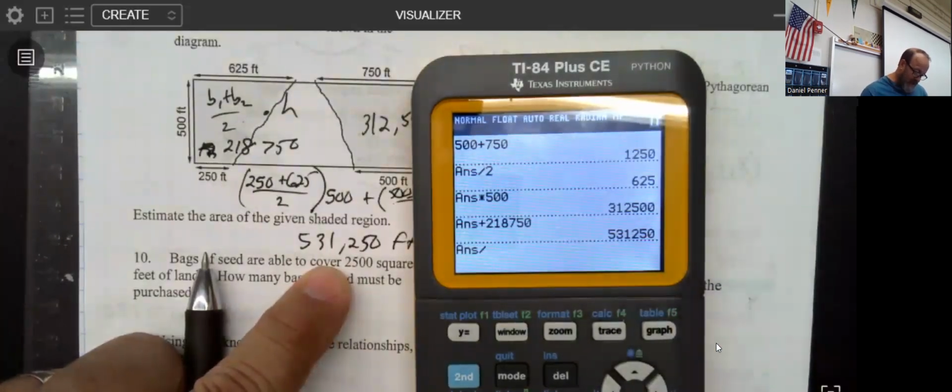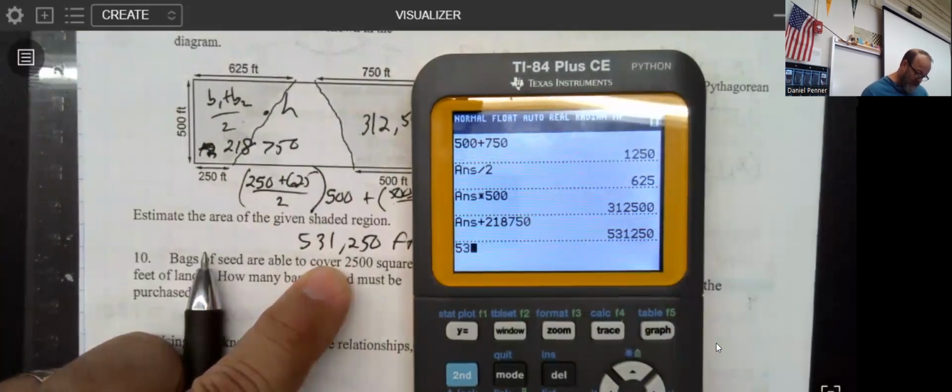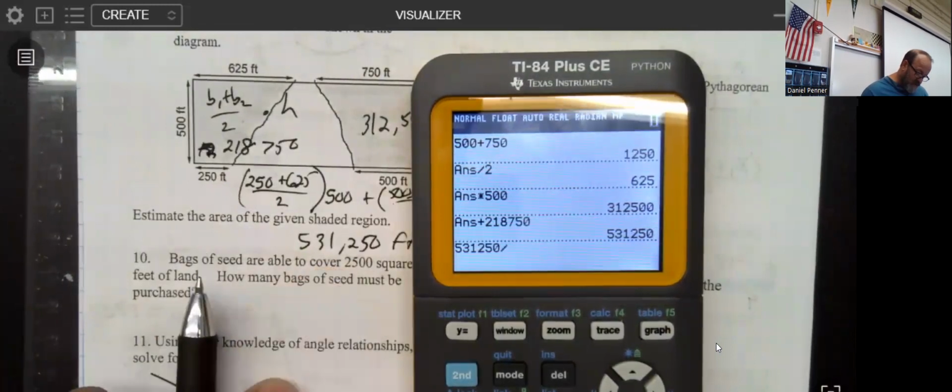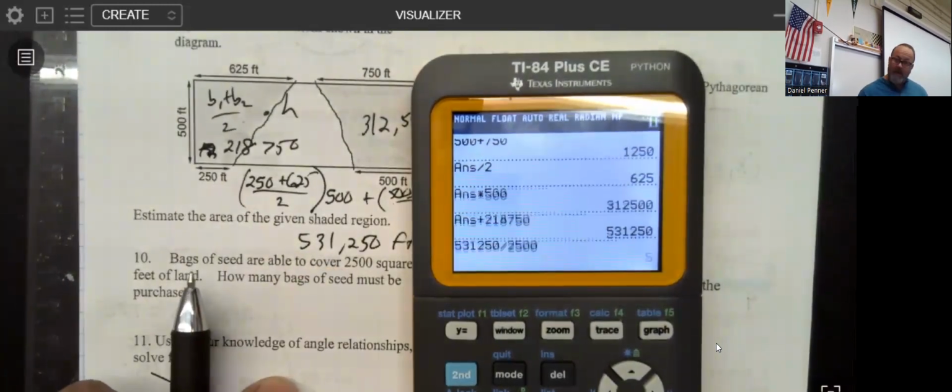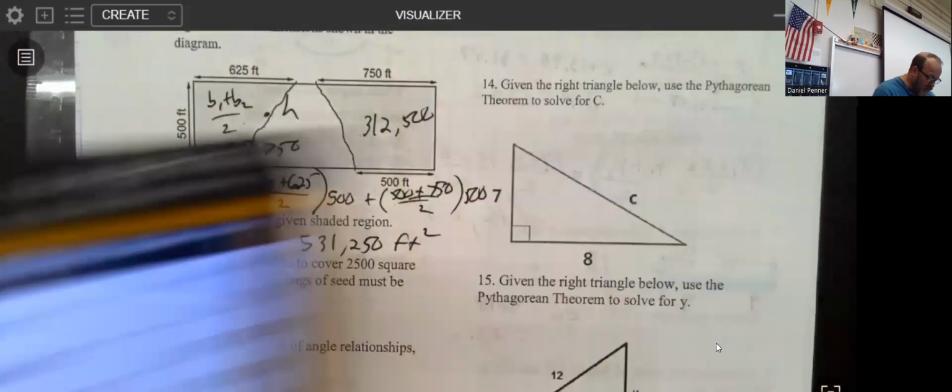531,250. I'm going to divide that. Let me just type that out. 531,250, and let's divide that by 2,500. Oh, hey, there we go. Now, I got 212 and a half